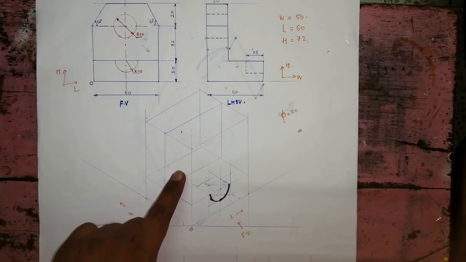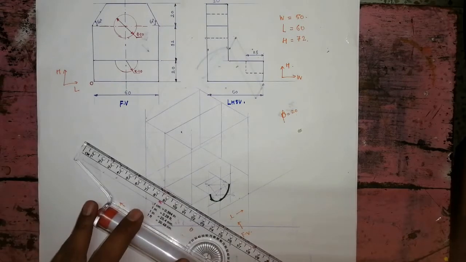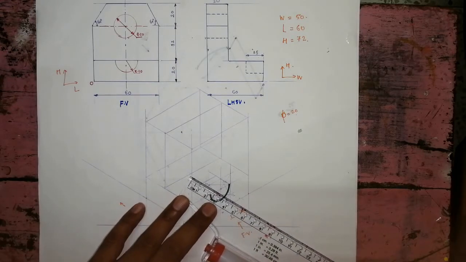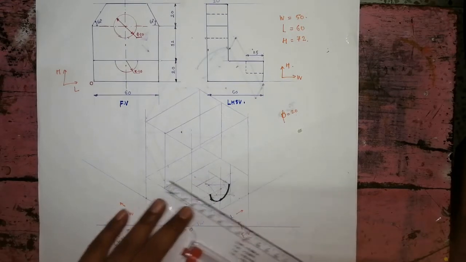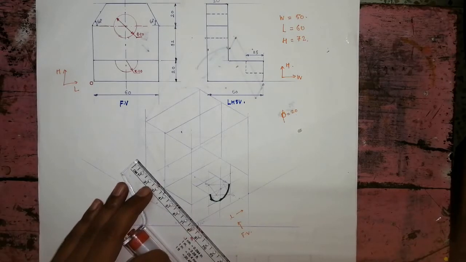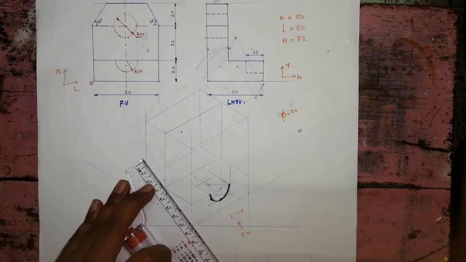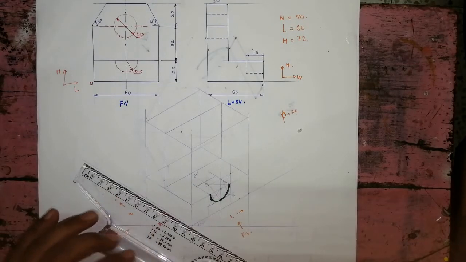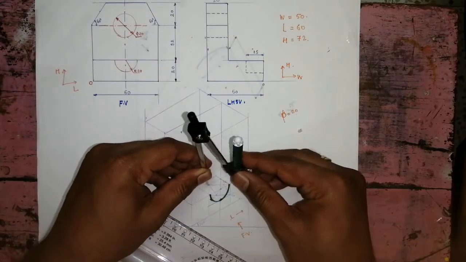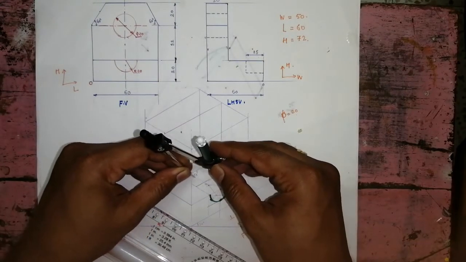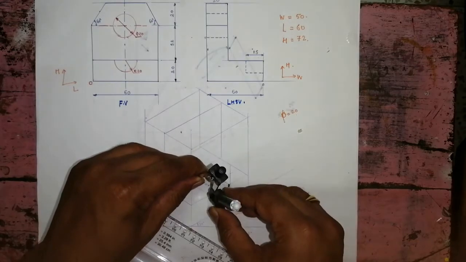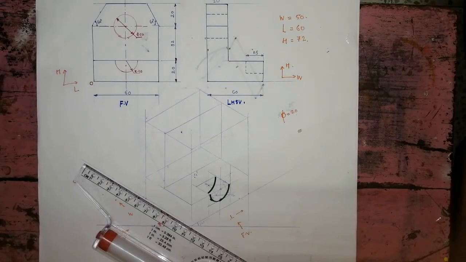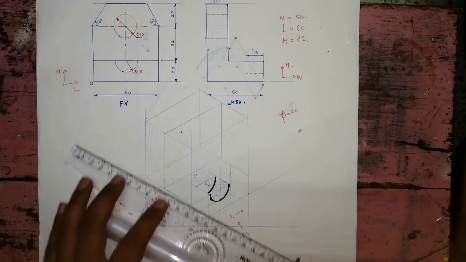So transfer this C1 center widthwise by 15. From C1, draw the widthwise line and then take a 15 mm distance on that line. So this is 15, so that the center gets transferred here. This is C1 dash. Now use the same radius of C1, so that the arc comes here. Like this. Now complete this semicircle part.